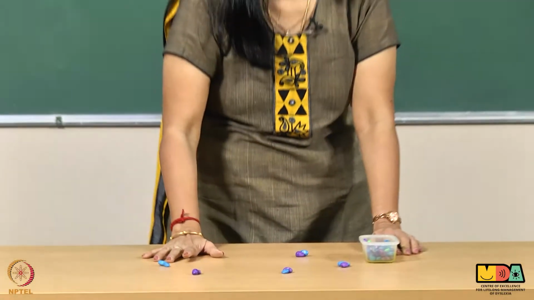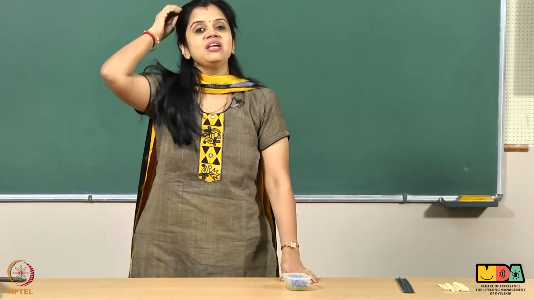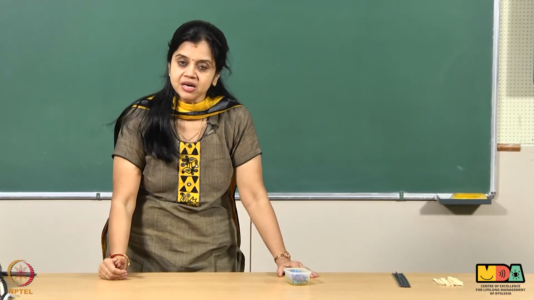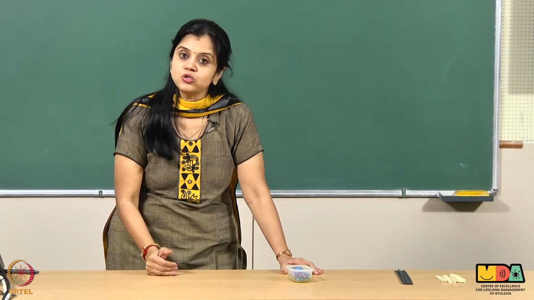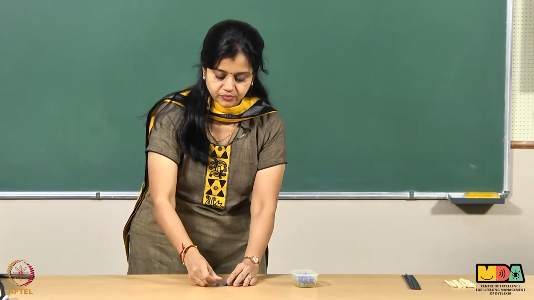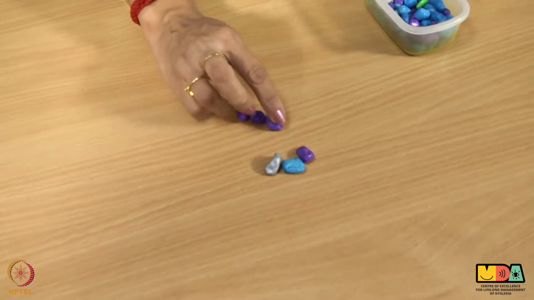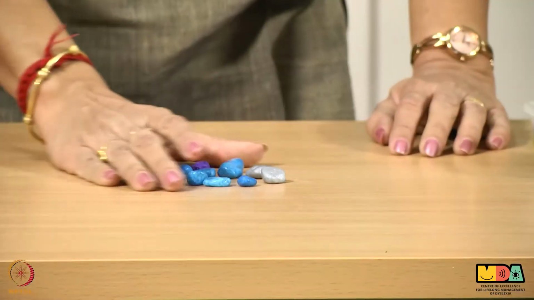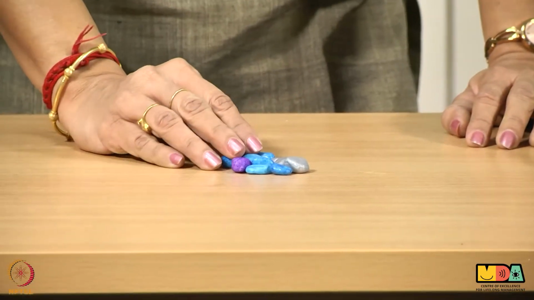Now, just in case you want them to find out the quotient and the remainder, when you divide 11 by 2, we need to make them understand that when you ask them to divide a number, there will be a quotient and there will also be a remainder. So, let us take the number 11 and ask them to divide it by 2. They take 11 coins, 6, 7, 8, 9, 10 and 11, and when I say divided by 2, that means they have to put them in groups of 2.